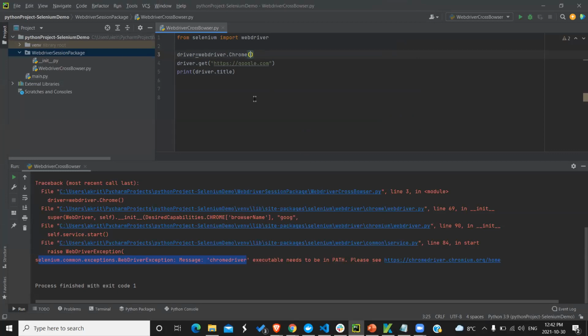And here you will write executable path equals this, and then we'll provide chromedriver.exe. If you're using Windows, it is mandatory for us to have double slashes in our path, like this.